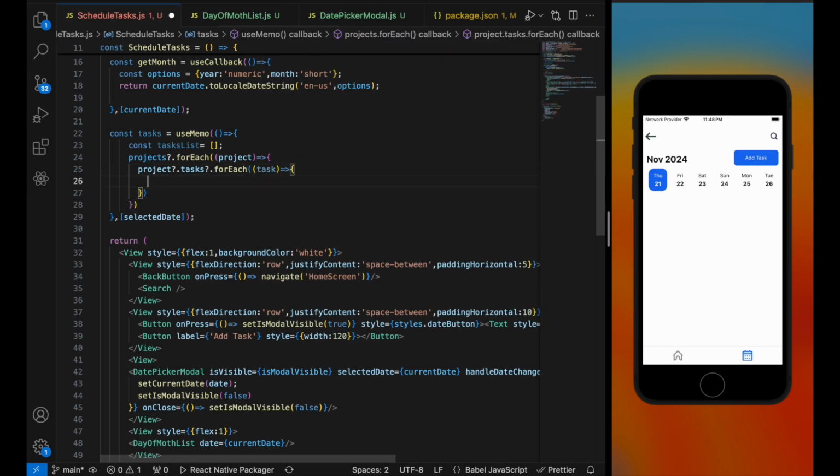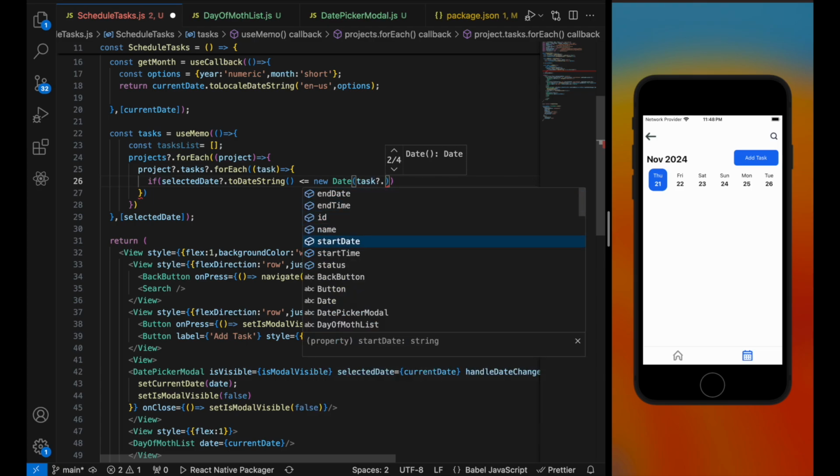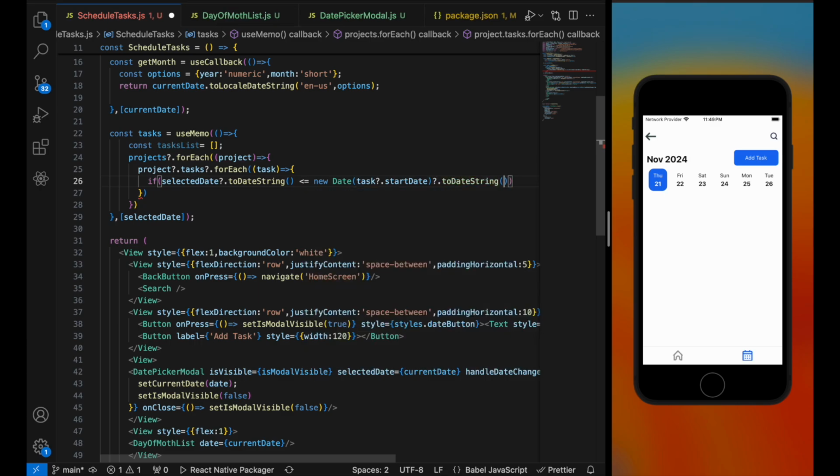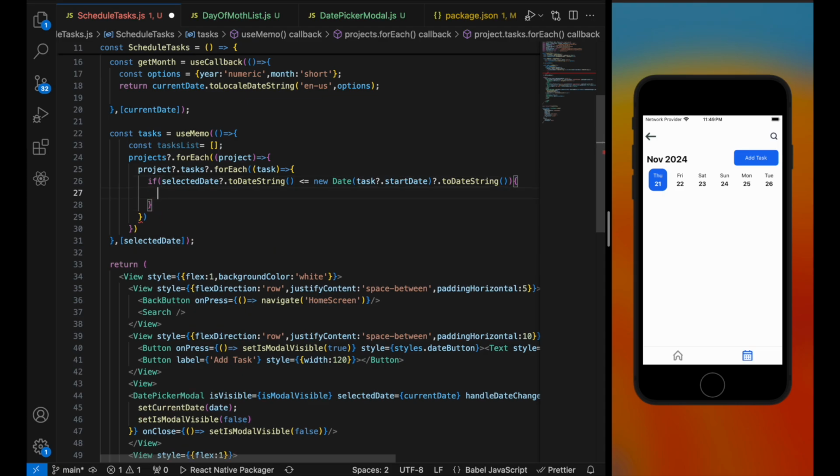Now here we'll check if selected date dot to date string is less than or equal to new date, task dot start date, to date string, and also this is one condition,